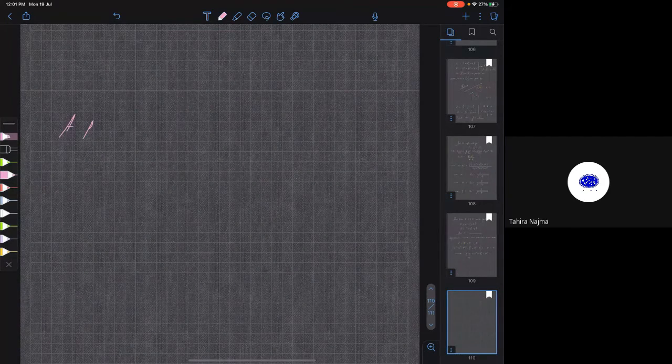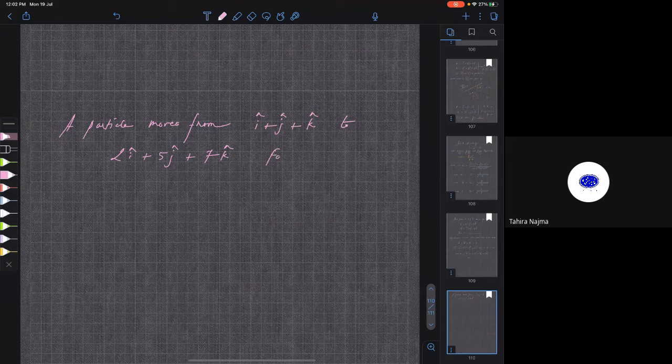A particle moves from i cap plus j cap plus k cap to 2i cap plus 5j cap plus 7k cap. Force applied is 7i cap minus j cap minus 2k cap. Then work done is,